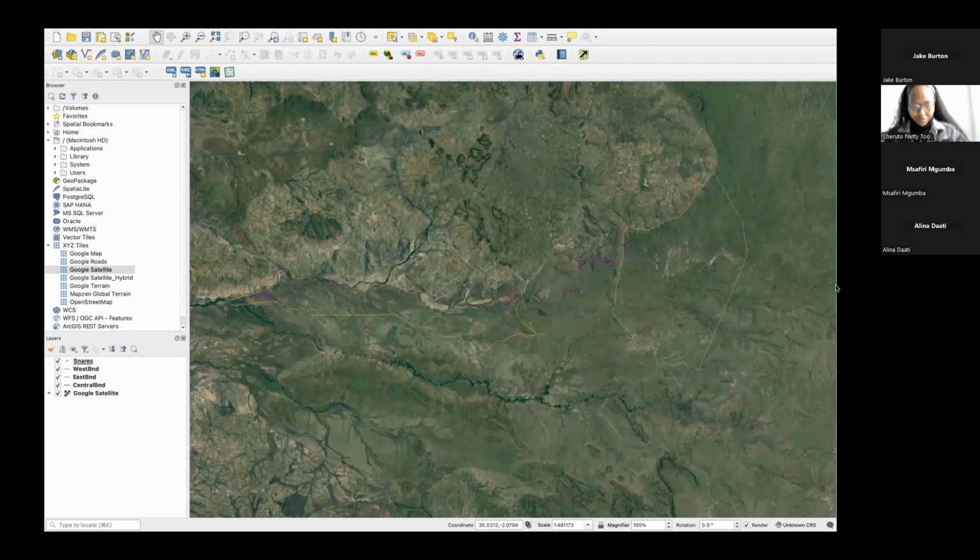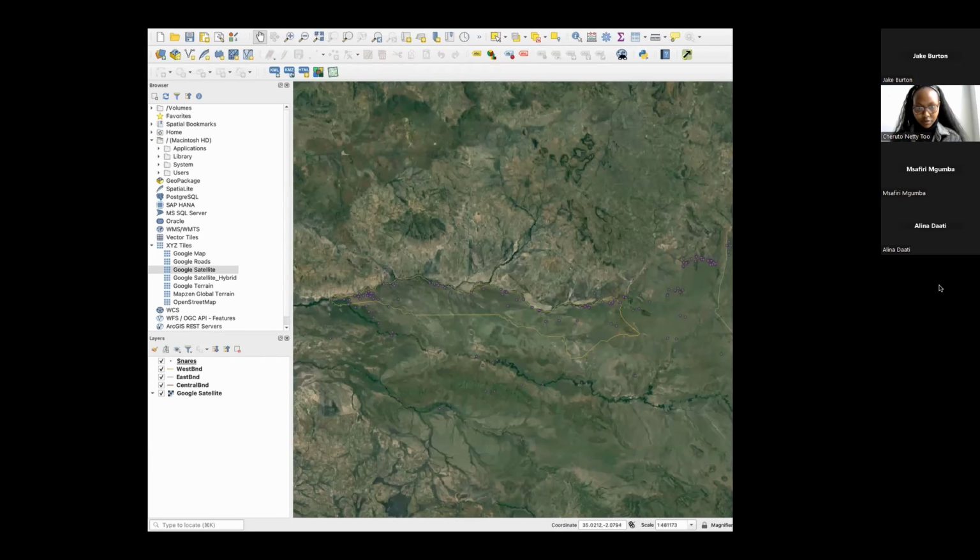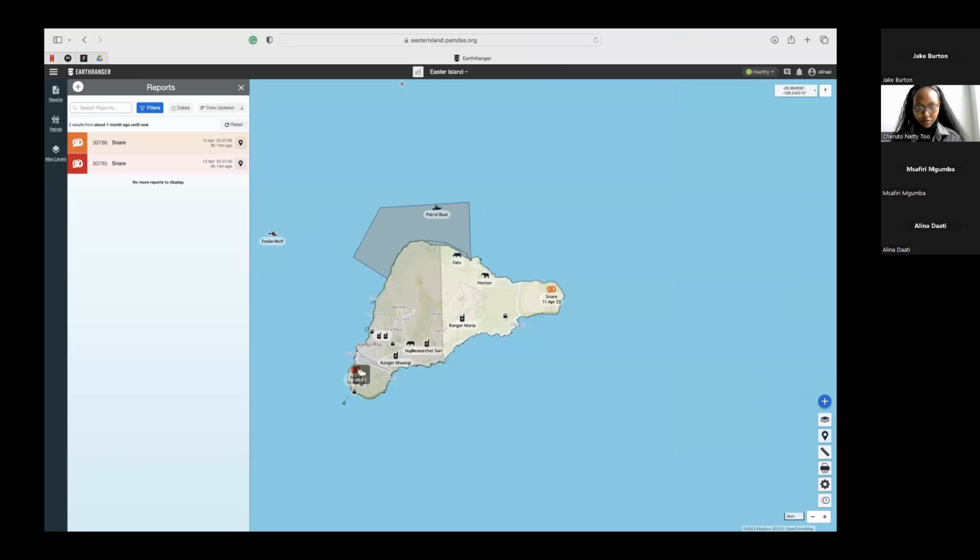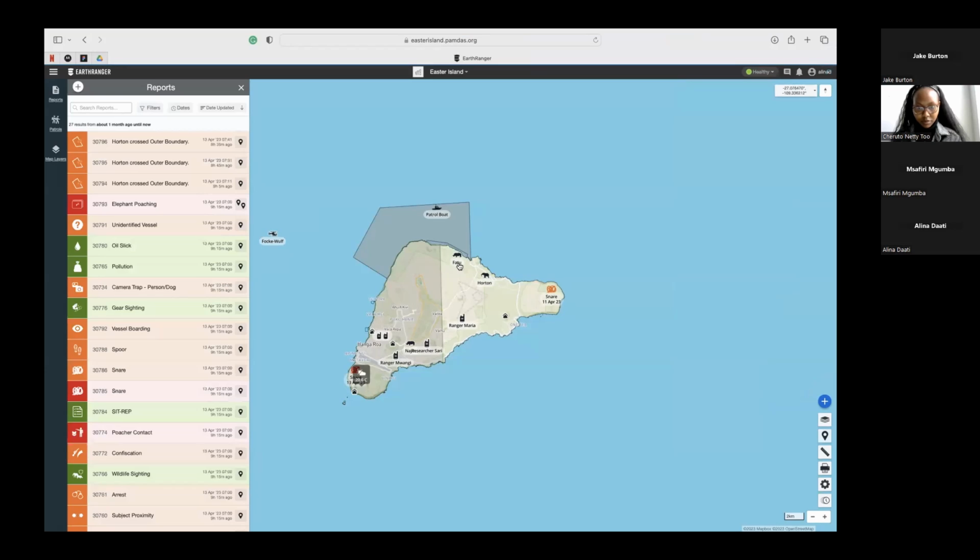Okay, so this is basically how I will do the distribution. Any data with geolocation, I will just do a distribution like this, so this is snares, arrests, and so on and so forth. But now when it comes to trackable assets, I'm going to move back to ER, and I'm just going to reset everything. Trackable assets are all these: the colored elephants, your radios, your vehicles and orders. And the only way at the moment to export tracks is,